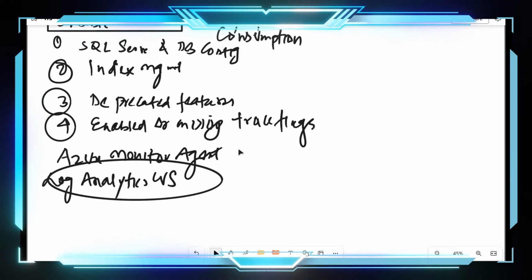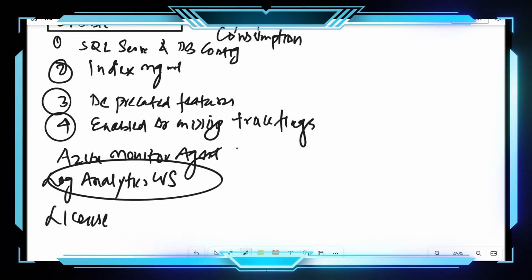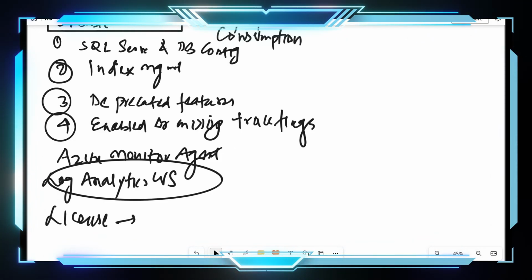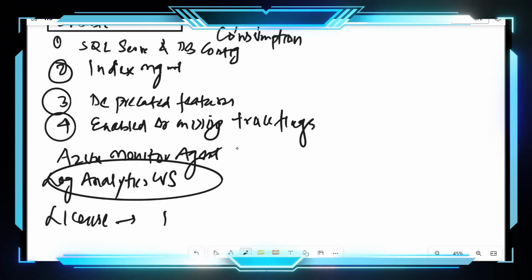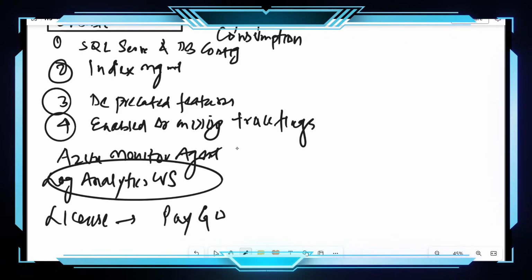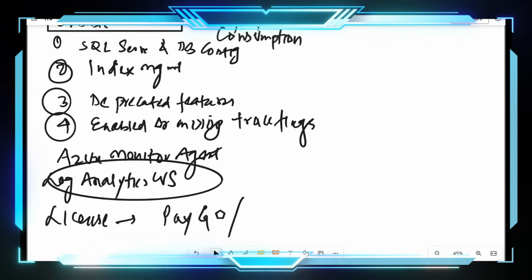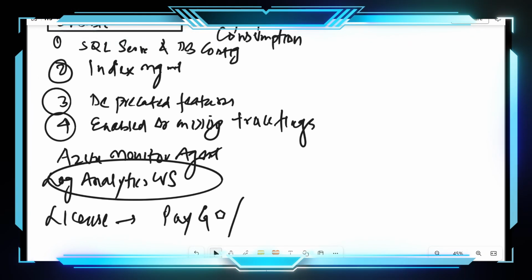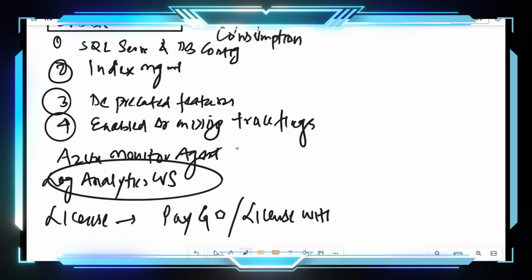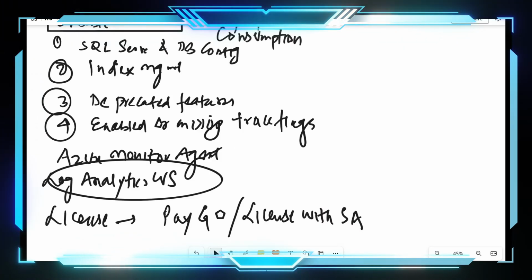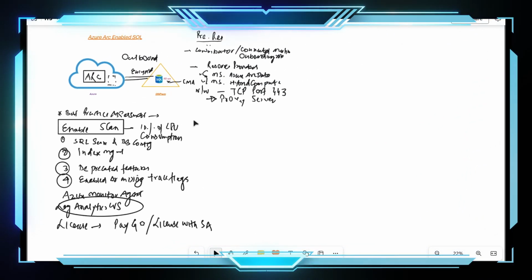Now, certain things have been changed from Microsoft from the licensing perspective. Let's say if you have licensing on-prem, then you might not be able to utilize this feature. You need to either have a pay-as-you-go license or a license with software assurance in order to make use of this feature, right? But you can go and enable